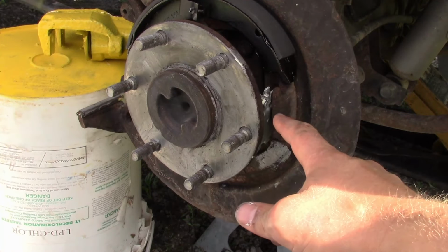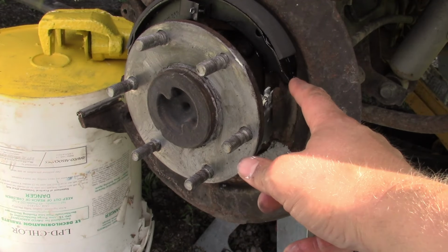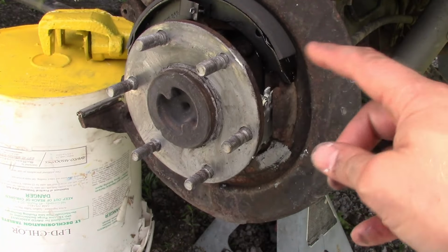So we just installed the lever. We put some grease on it first. That came with the hardware kit. And how I did that was I pushed the parking brake down a little bit so the cable goes in,